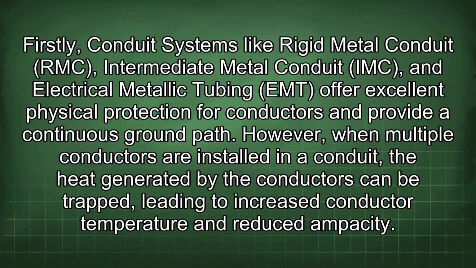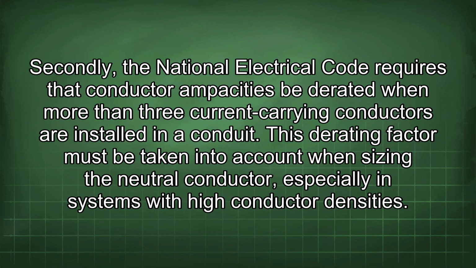Firstly, conduit systems like rigid metal conduit (RMC), intermediate metal conduit (IMC), and electrical metallic tubing (EMT) offer excellent physical protection for conductors and provide a continuous ground path. However, when multiple conductors are installed in a conduit, the heat generated by the conductors can be trapped, leading to increased conductor temperature and reduced ampacity. Secondly, the National Electrical Code requires that conductor ampacities be derated when more than 3 current-carrying conductors are installed in a conduit. This derating factor must be taken into account when sizing the neutral conductor, especially in systems with high